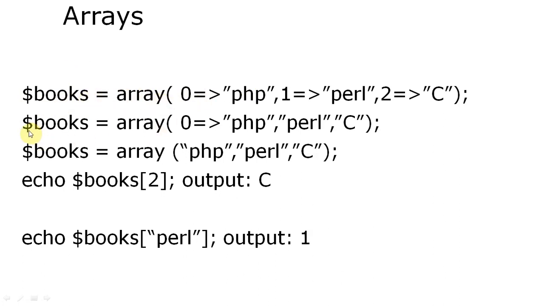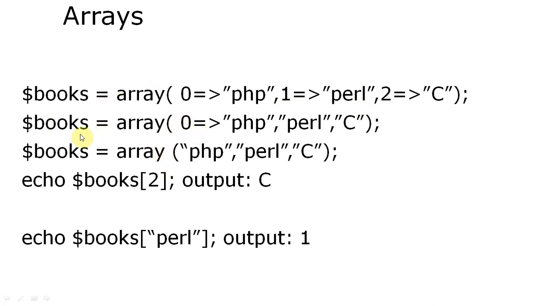Books is an array variable because after books we have written array. So in the second statement you can see dollar books again equals to array, and in position 0 we have written PHP. Directly we can assign three values without writing 0, 1, 2. So we mention only 0 array, equal sign and greater than sign. At position 0 it will be PHP, and accordingly in position 1 Perl and position 2 C. So we don't have to mention 1 and 2.